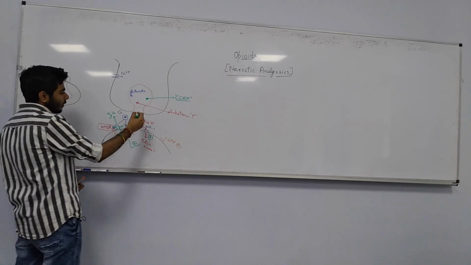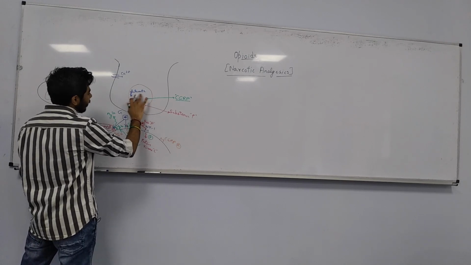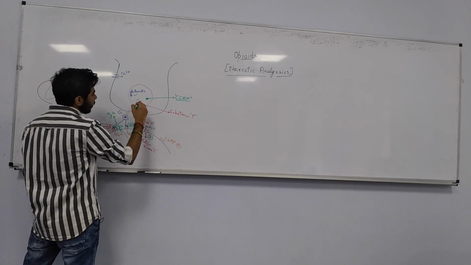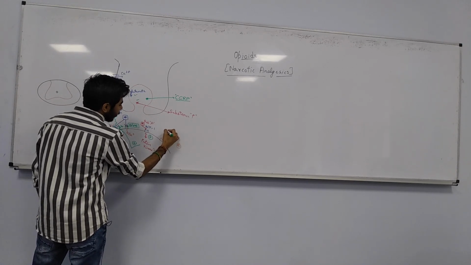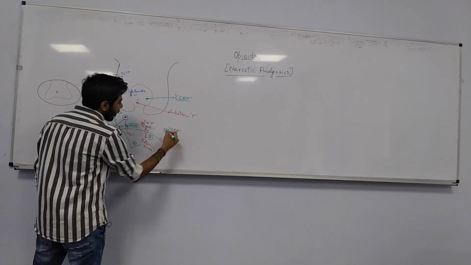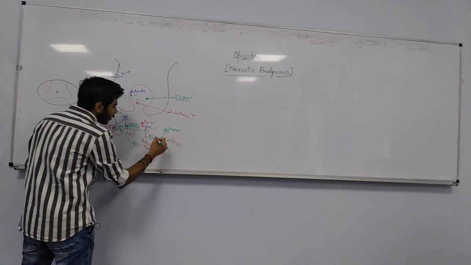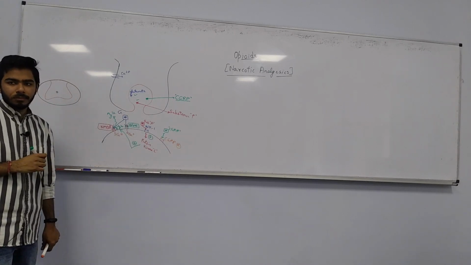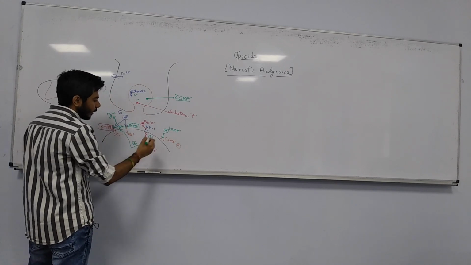Okay, further we have talked about glutamate and substance P. Then we have one more thing, that is CGRP, calcitonin gene related peptide. This CGRP has the chance to bind to the CGRP receptor, and as it binds to the CGRP receptor, it will be